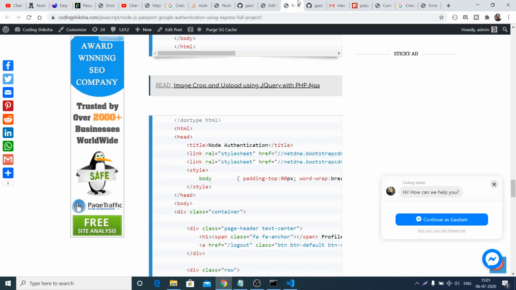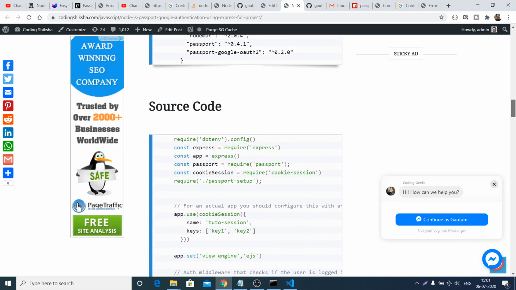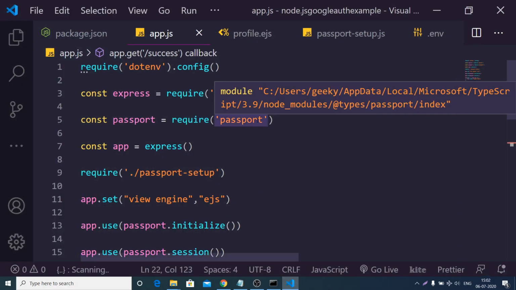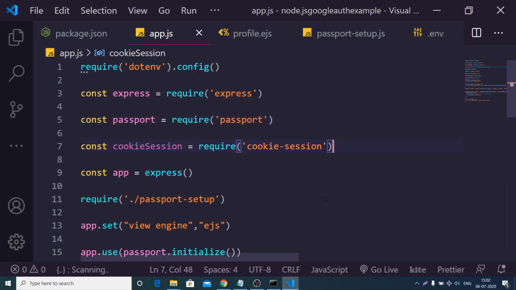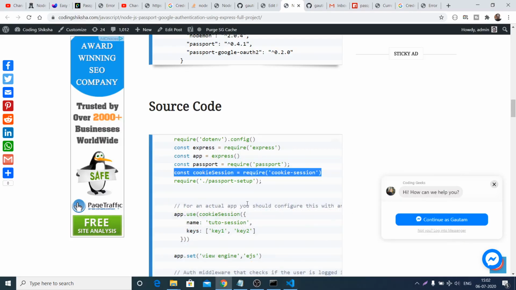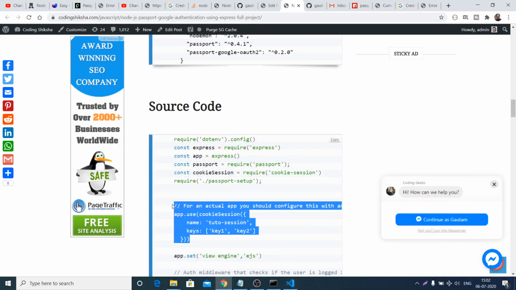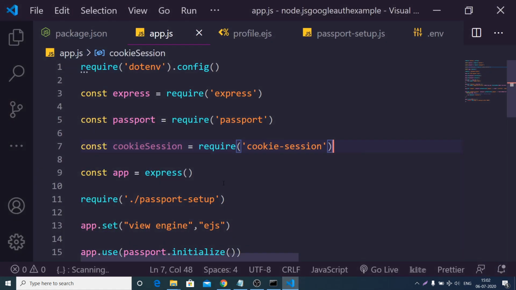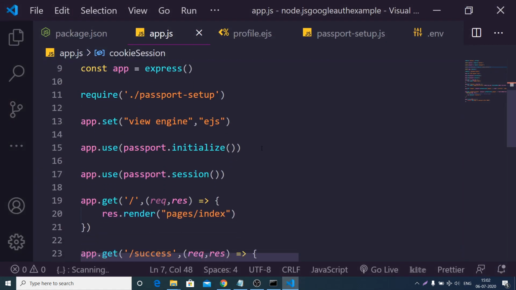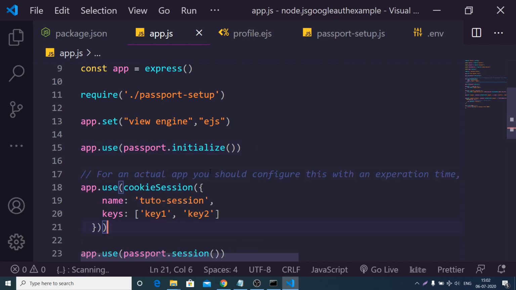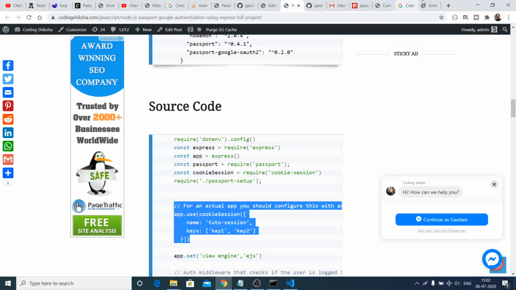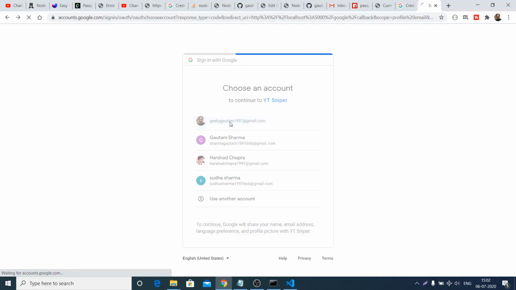Just go to the blog here, guys. We forgot to initialize the cookie session middleware. So this is the cookie session. We need to copy this line, and here we need to paste it, and initialize our cookie session middleware for storing the information inside cookies. So this library was pretty much necessary. Just copy paste this app.use cookieSession, and now you will not see an error, hopefully.